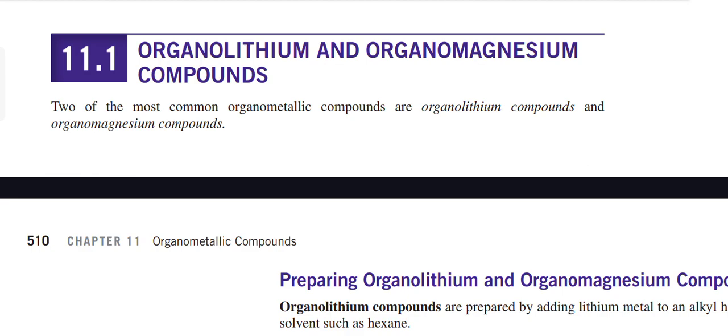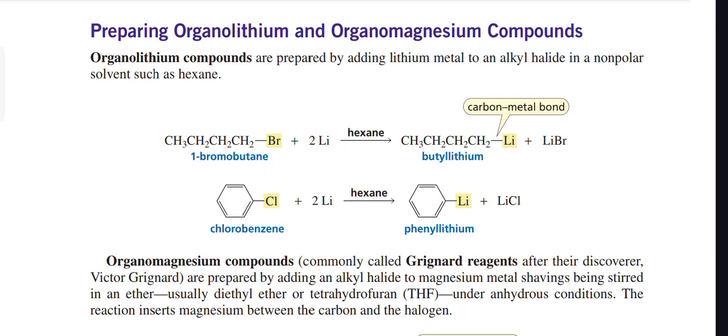Two of the most common organometallic compounds are organolithium compounds and organomagnesium compounds. Preparing organolithium and organomagnesium compounds. Organolithium compounds are prepared by adding lithium metal to an alkyl halide in a non-polar solvent such as hexane, whereas the organomagnesium compounds, commonly called Grignard reagents after their discoverer Victor Grignard, are prepared by adding an alkyl halide